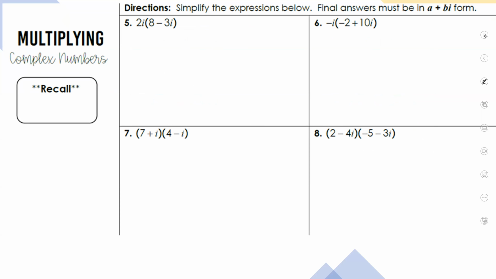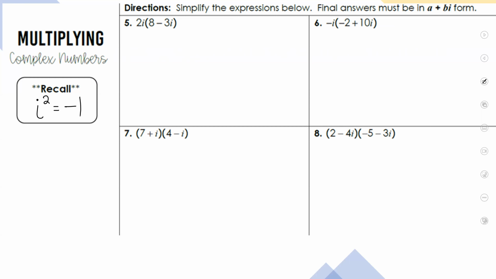Now, I need us to remember that i squared, do you guys remember what i squared is? Look back at your notes. What is i squared? Not 1, negative 1. So guys, write that in the box. i squared equals negative 1. All right, so guys,